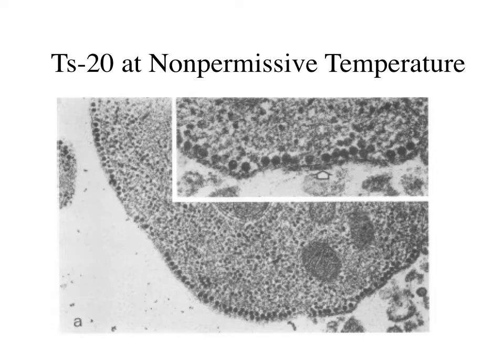Now here you can see what happens with TS20. This is TS20 at non-permissive temperatures, and you can see the nucleocapsids are attached to the internal surface of the plasma membrane, but they're unable to bud. Now if you take the same flask of cells with virus and move it to permissive temperature, you do a temperature shift,